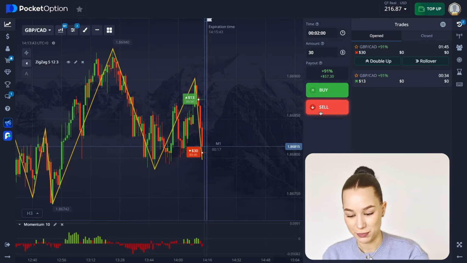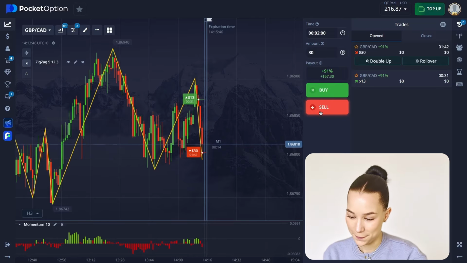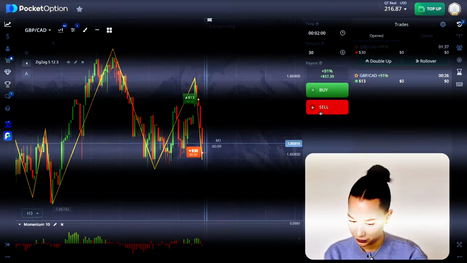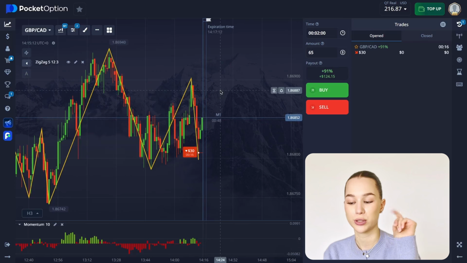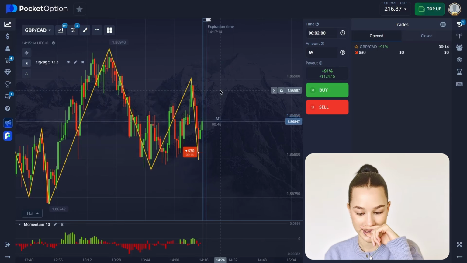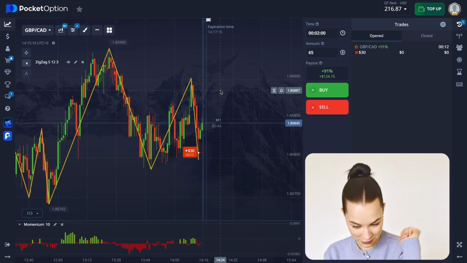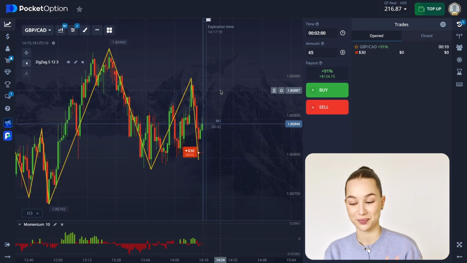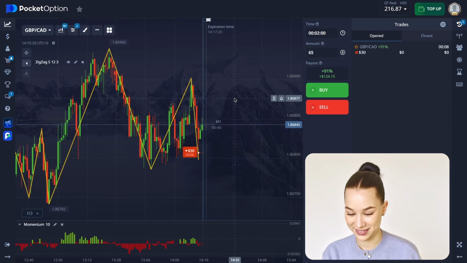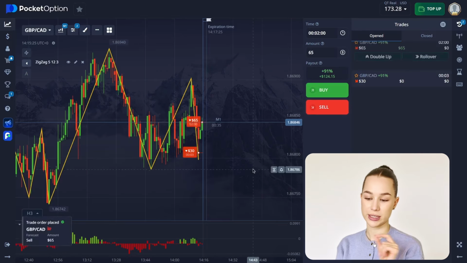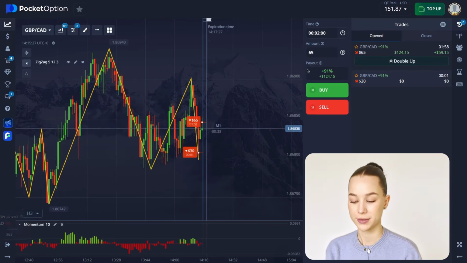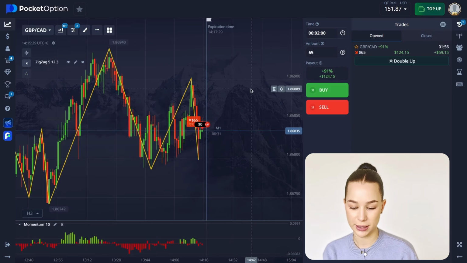So let's wait. The first trade, I think we're definitely not going to close, and we're going to wait for the second one. So now it's 14 seconds till the end of this trade, and it has reversed again in the upward direction already. No comments. So we're going to wait for a good entry point, and we're going to open a sell trade here for 65 for 2 minutes because we can see a pretty